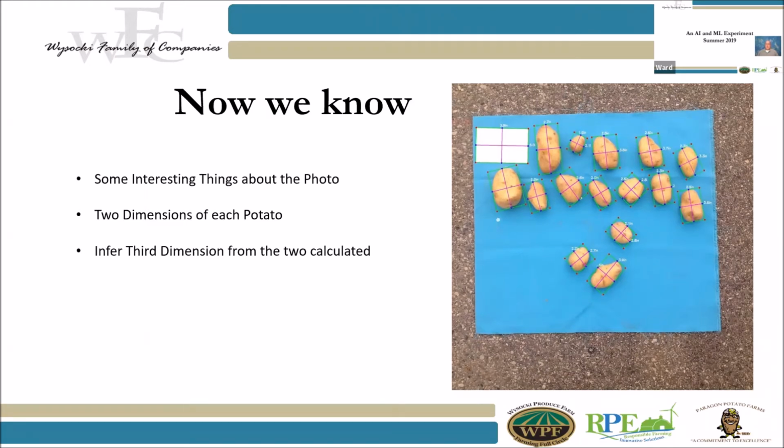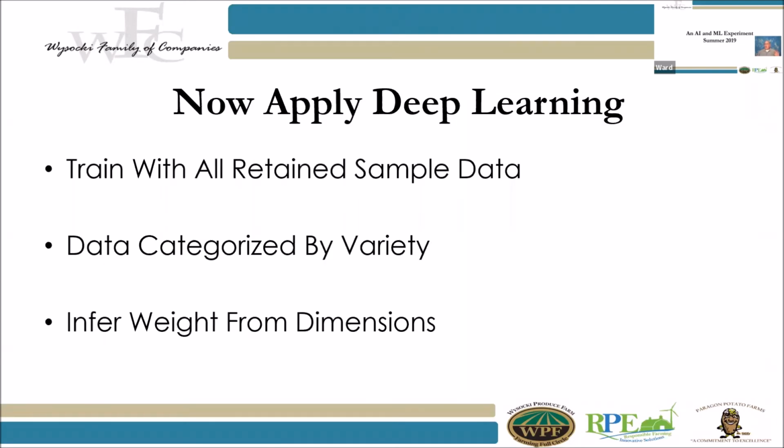So now with that, we've done our initial machine learning. Now we go back and we have millions of records of sample data, and we say these are russet Norkotahs, and these russet Norkotahs are this many weeks after tuber initiation. And so because of that, before, when we took the samples and actually weighed them, what did this size yield for potatoes? And we could infer what the weight was. Well, now we've captured length, width, height, or length and width. We've inferred height and we've inferred weight. Guess what? We now have been able to capture everything we wanted to capture.